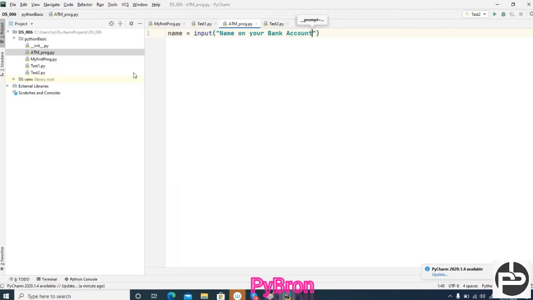Name on your bank account, question mark. And next, balance. It's a kind of static application, so first you have to give the balance, because in real time whatever balance you have is stored somewhere, in a DB or elsewhere. Right now we don't have DB configuration, but in future we will configure the Python code with SQLite, and see how to fetch the data through SQL from the Python code. That is our curriculum, no worry. But right now, at runtime we are going to pass some amount as the balance.